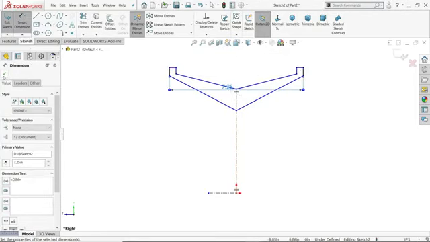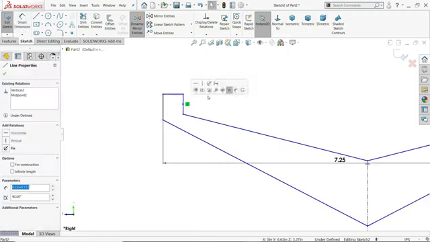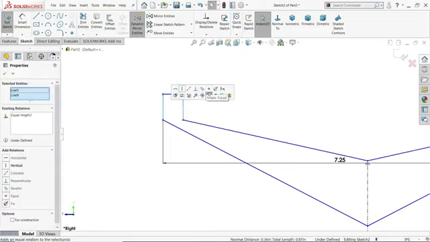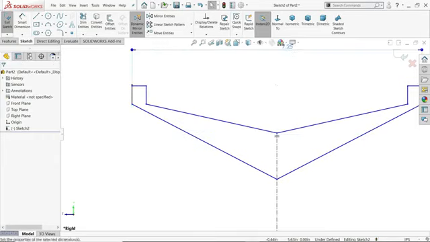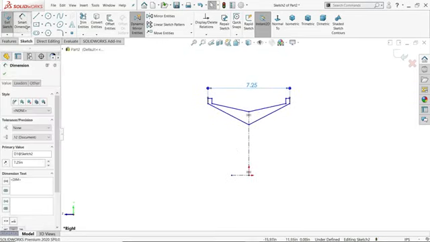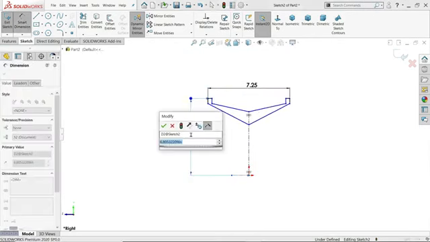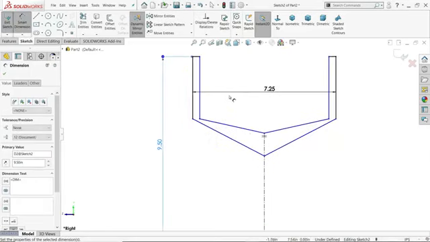7.25 inches. Okay, let's do one more relation. Hold shift key, equal. 9.5 inch.